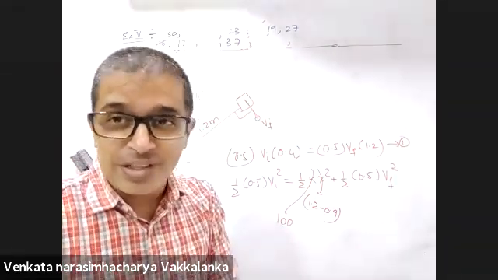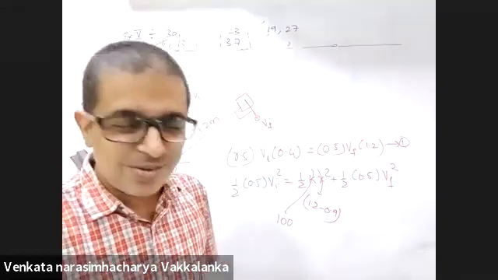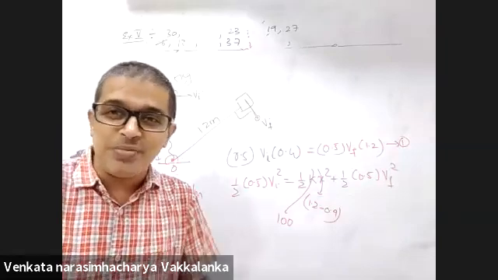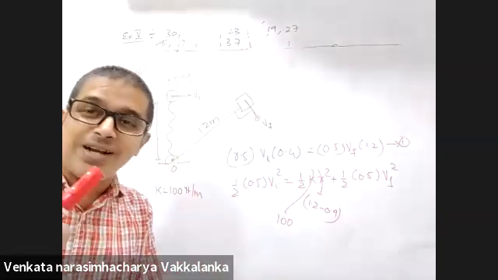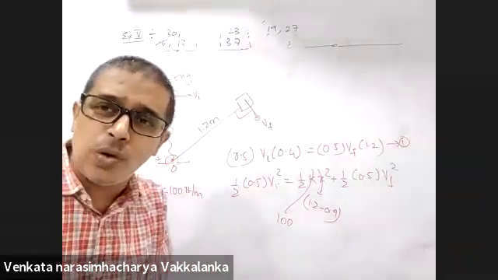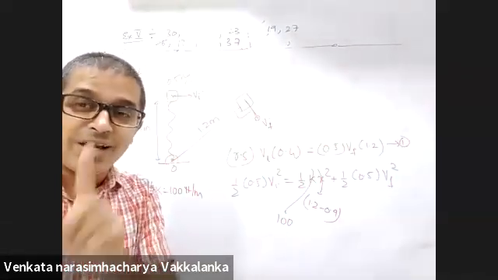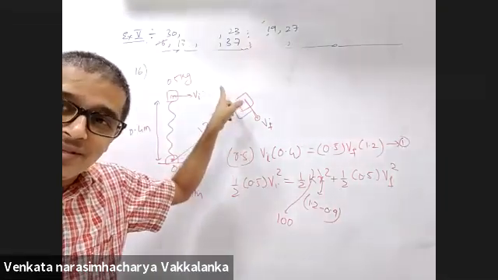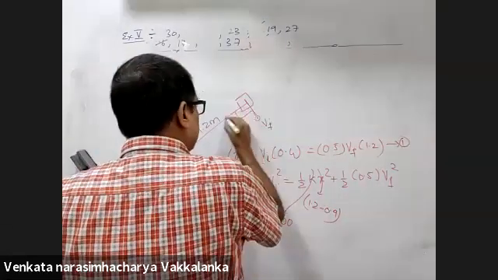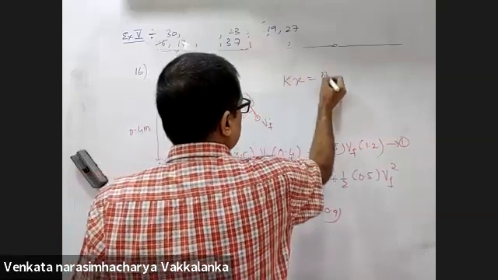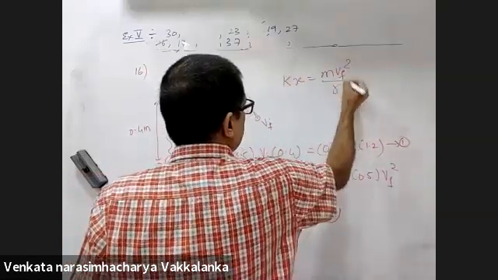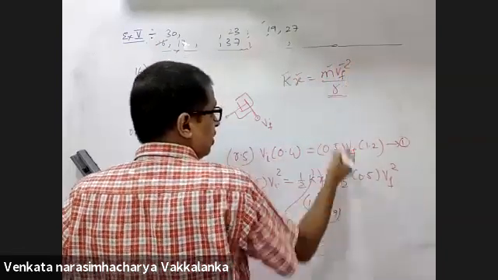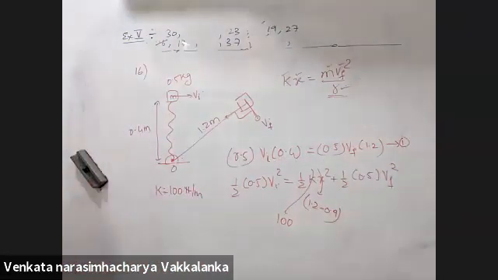Now look at the beauty in the problem. In the last part, what did they ask? Radius of curvature of the path of the block when OP is 1.2 meters. Radius of curvature, immediately students will be tempted to say 1.2. Wrong. I told you this need not be the radius. Kx will provide the required centripetal force. Kx is m V final whole square by R. Find the radius. You know K, you know X, you know M, you know V final from here. Find out the radius.